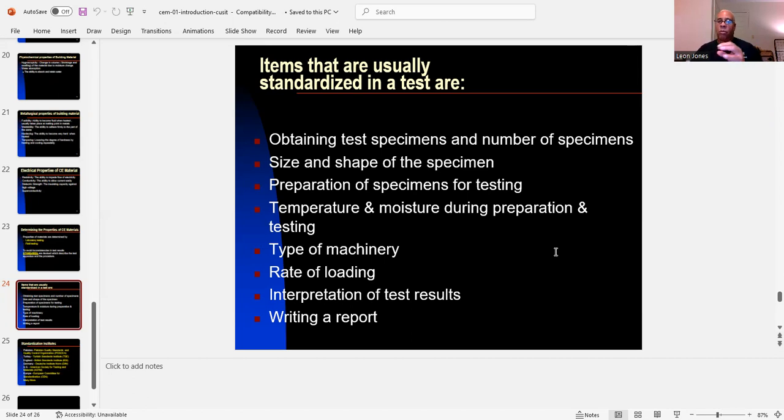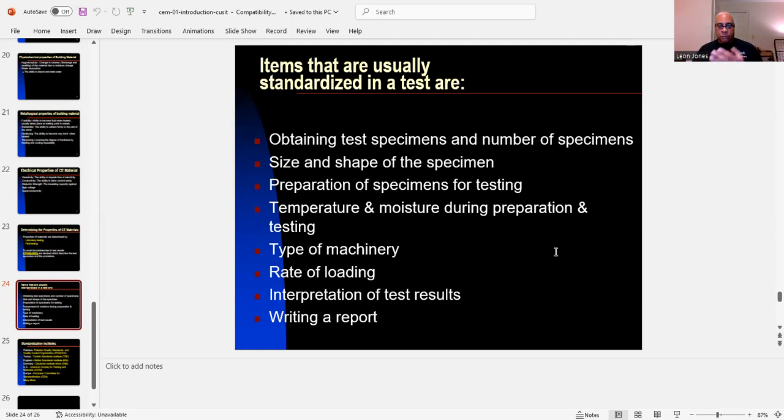Now, when I talk about obtaining test specimens, well, again, let's go to concrete again. Basically on a third truck and in the middle of the chute, that's when I'm going to take a wheelbarrow, take my thermometer, I'm going to take my scoop, and all this equipment has to be calibrated so you get accurate readings. And I'm going to collect my sample from the truck, going to be in a wheelbarrow. And that's when I'll make all my cylinders. That's when I'll run my air test, my temperature, slump test,